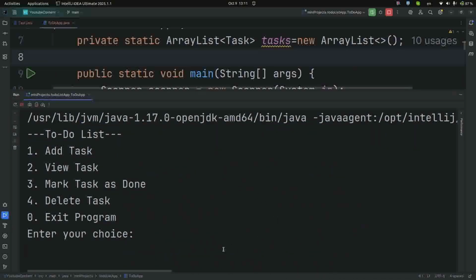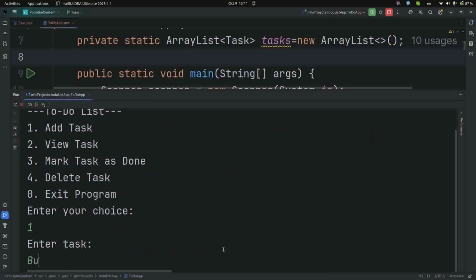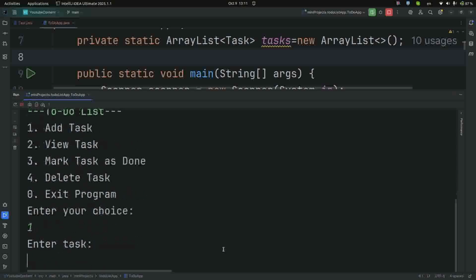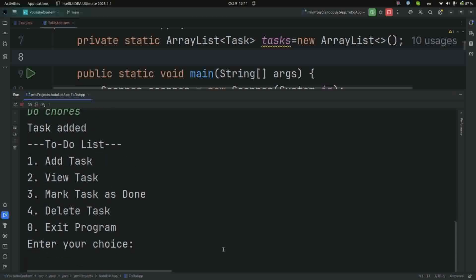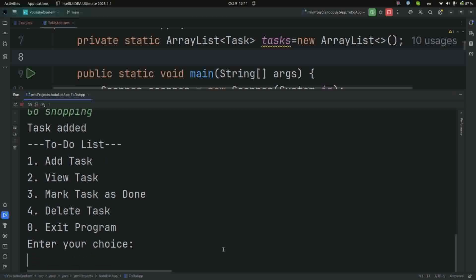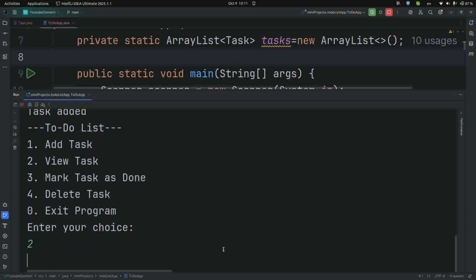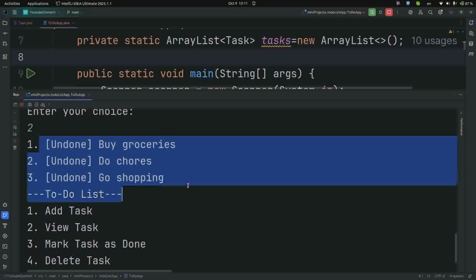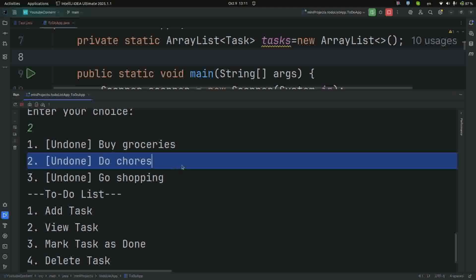We have the add task option. Let's just enter buy groceries, enter, choose add another task, do chores, and enter another one. Let's see, what do we do? Go shopping, and yeah, I think we're good to go. And let's just view the tasks. We have 3 undone tasks,